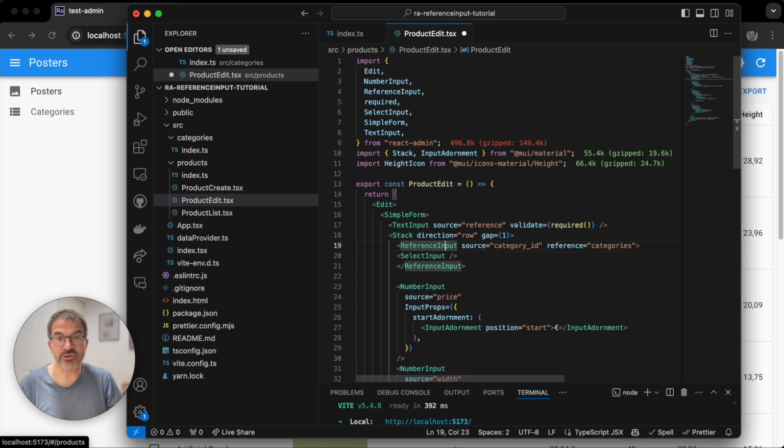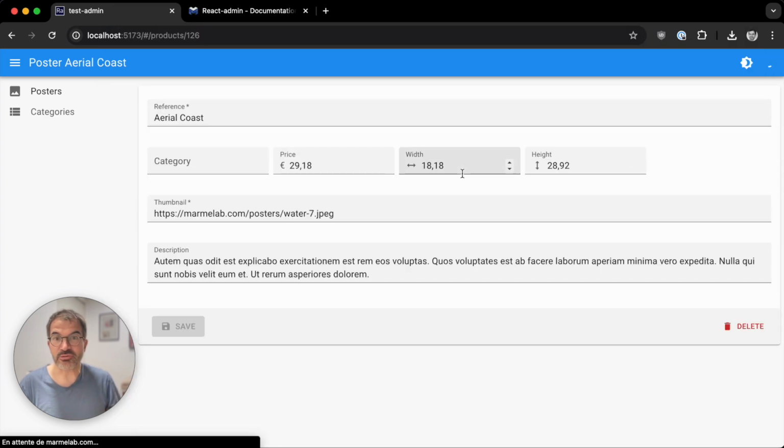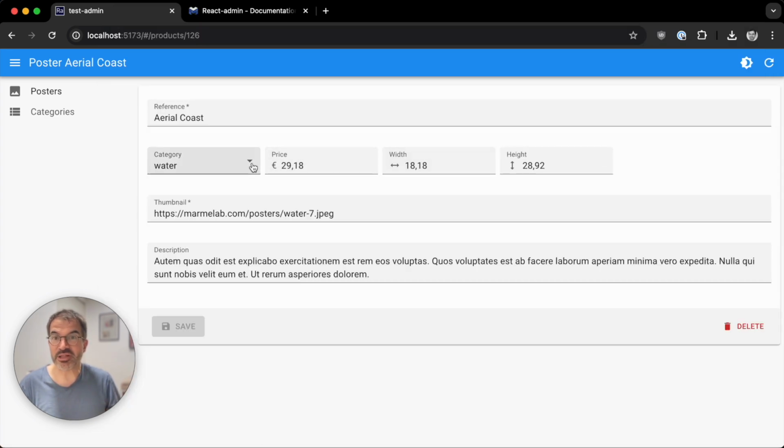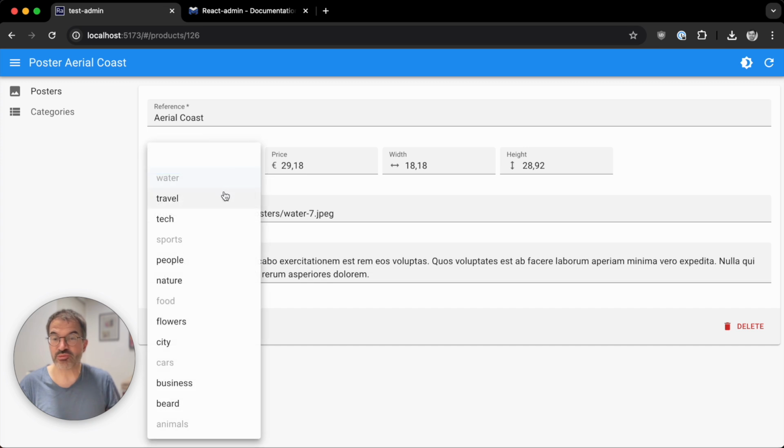In fact, reference input will create a context that we call a choice context, and select input will read the choice context if it's available and use it for its choices. And now if I save and reload the page, I can see that my select input has a drop-down properly populated with the categories.